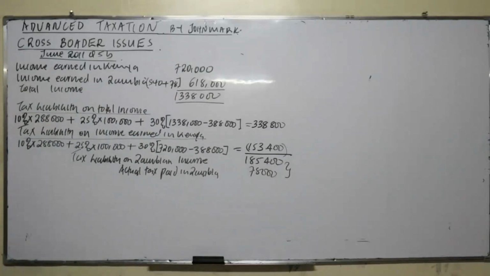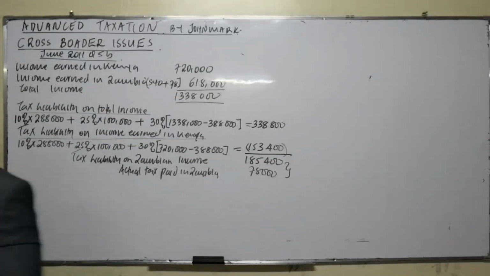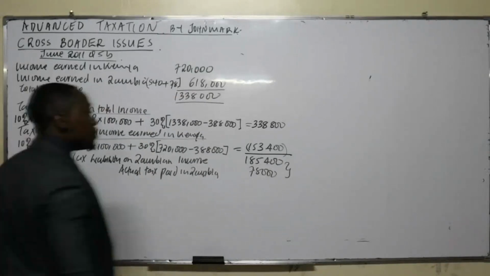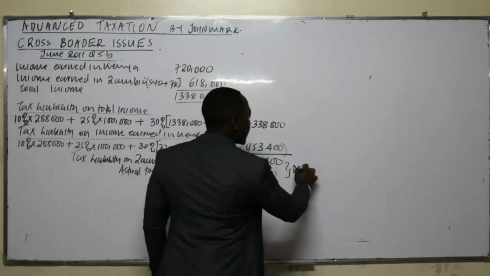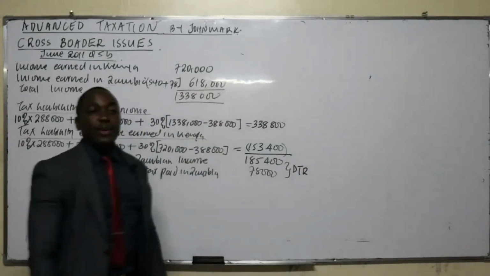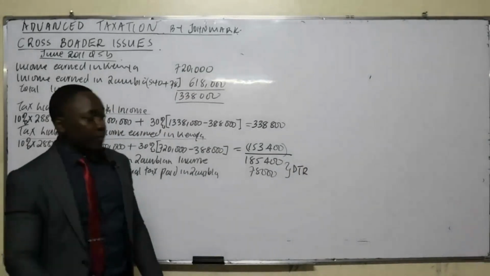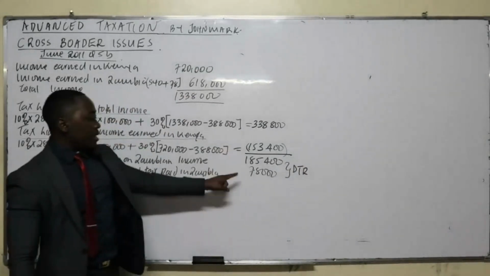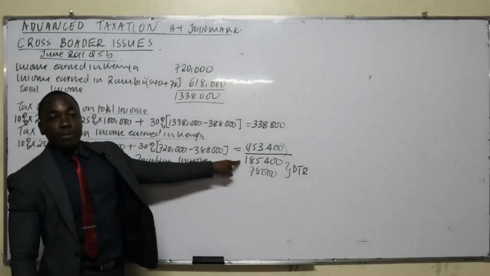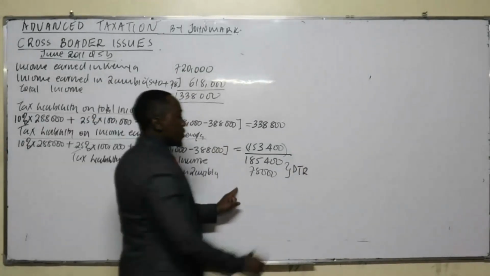The question was, the double tax relief due to ordinary income for the year ended 31st December 20... Double tax relief. How much will be the relief? Now, to get the double tax relief, you'll only be given the lower of the actual tax and the total tax liability. So how much is the double tax relief?